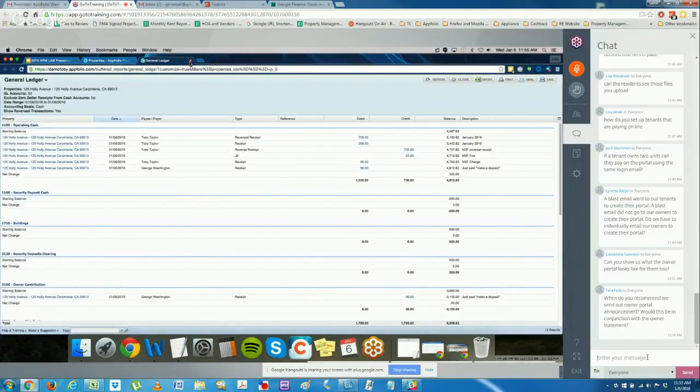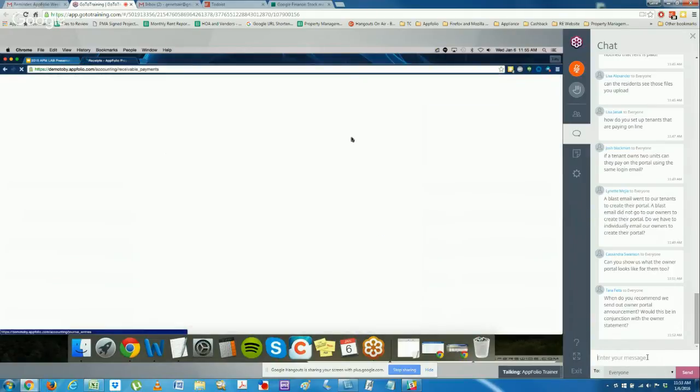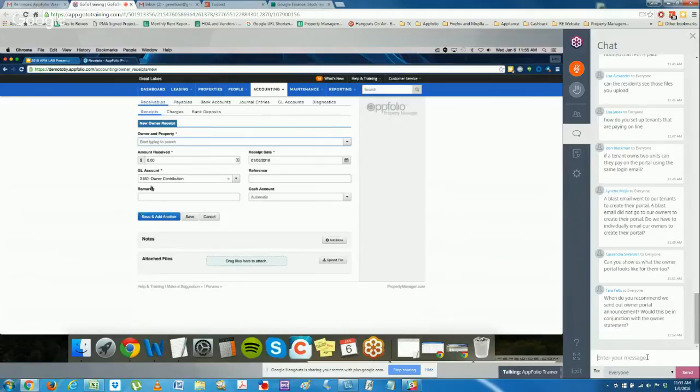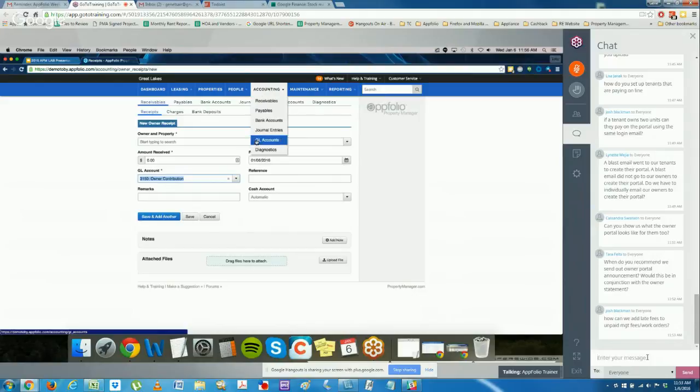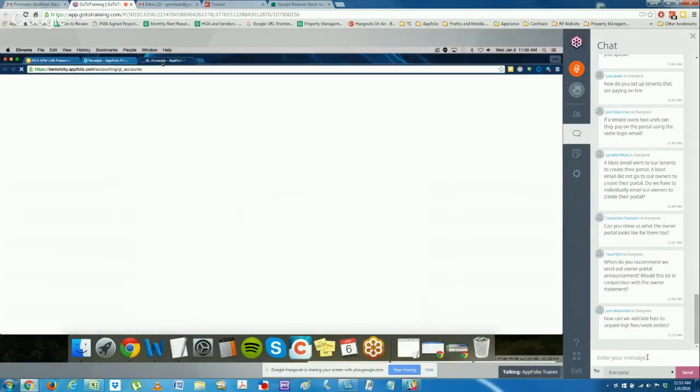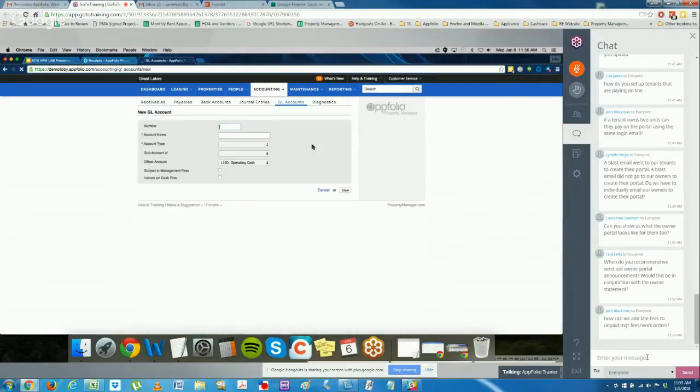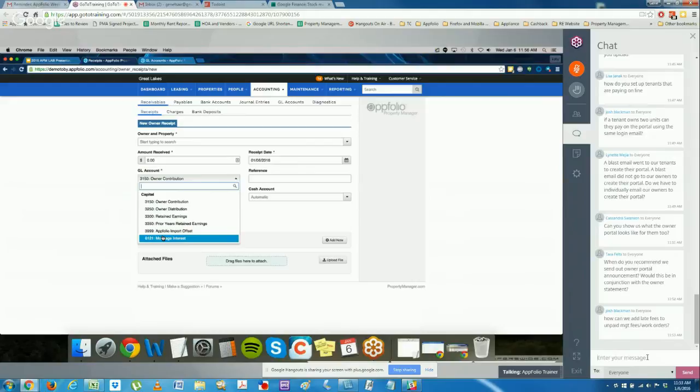So owner receipts, again, those are pretty straightforward. Only use these for the owners giving you money for whatever it is. You can change the GL account, but it's just going to be a capital. So if you see one on here, you're like, oh, none of these are going to work. You would need to go to accounting, GL accounts, and then you'll just want to add a new GL account. Make sure it's a capital. And then once you save this, it'll appear in this list over here. So again, if you don't have anything that quite matches what you want to put in as a capital, say there's something specific that a CPA or accountant tells you to use, that's how you